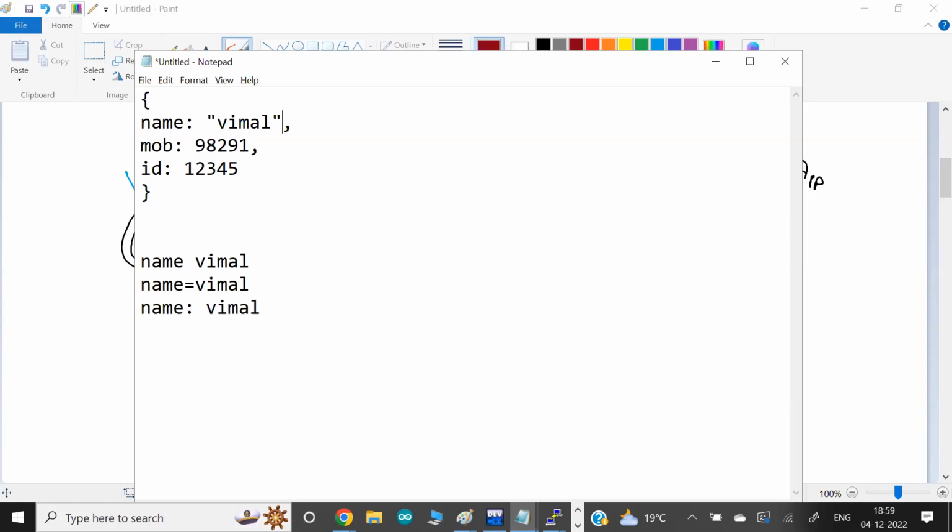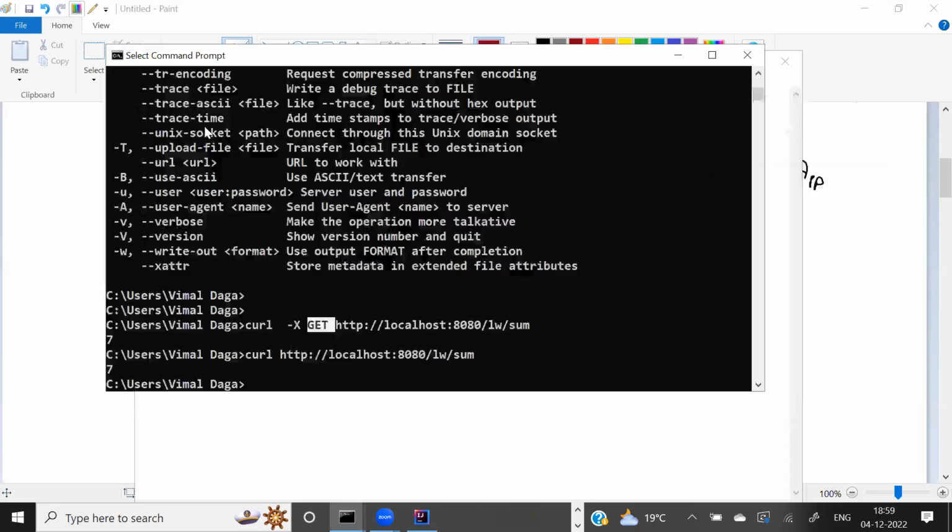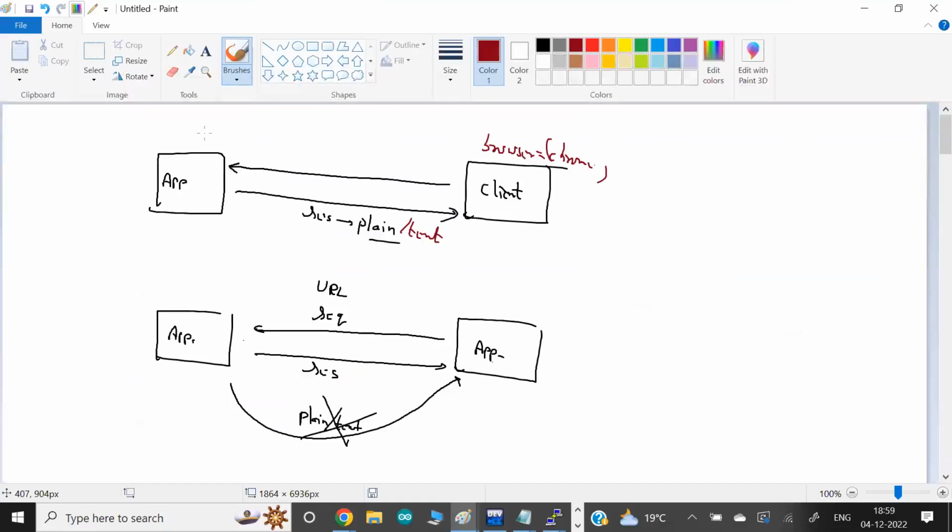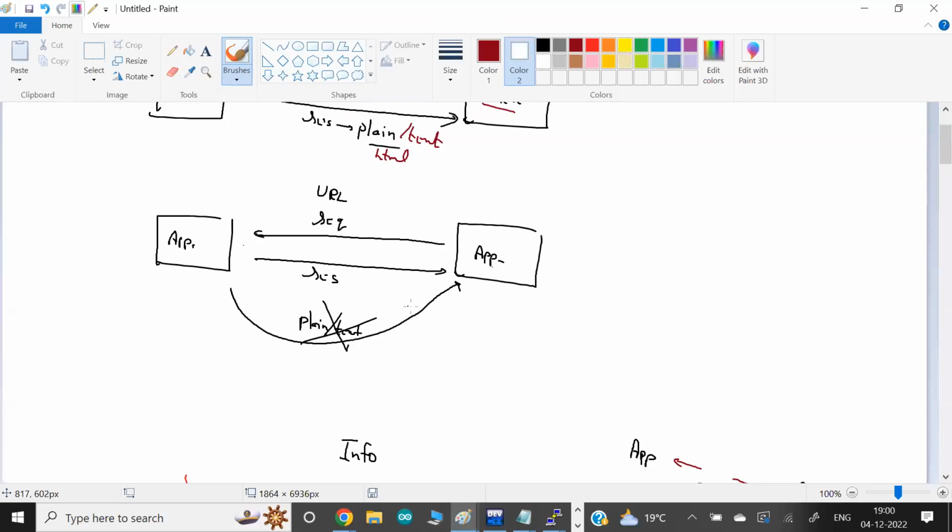Normally, guys, in the API world, REST API, HTTP, web application, mobile application, to exchange data between two services, the very commonly used notation, not plain text, we always send in JSON. So back to this point: if you are sending data between the client, your normal browser, and the app, then we mostly use plain text or HTML format that the browser supports. But between two apps, especially in web technologies or the API world, we share the information in JSON format.